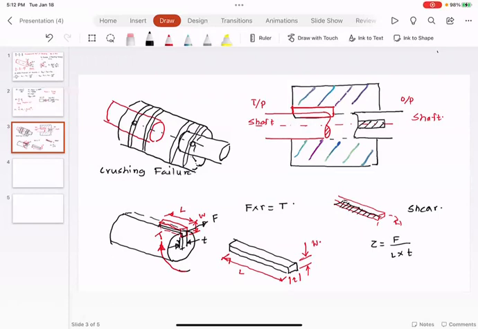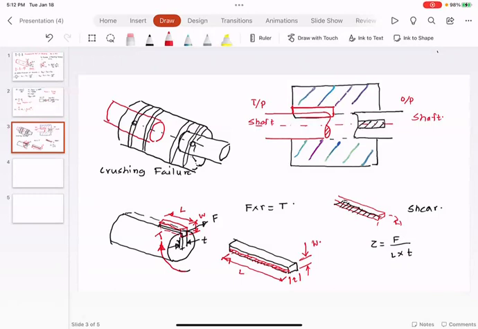And for crushing failure, now what are the areas? As you can see, for crushing failure, do you agree with me? It will be half of this area. Do you agree with me? Because typically half of the key would sit in the shaft, half of the key would sit in the coupling, and